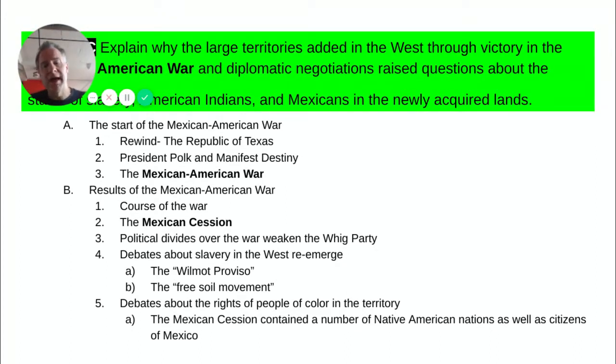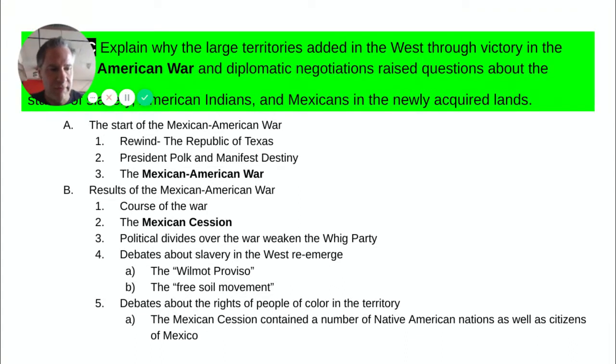The war also had political ramifications, especially for the Whig Party. We see a split emerge in the Whigs, where Northern Whigs who are opposed to Manifest Destiny and opposed to slavery largely opposed the war. And that included a young member of the House of Representatives named Abraham Lincoln, who was a vocal critic of President Polk and the war effort. They felt that the war was just the Democrats' excuse to acquire territory and to expand slavery, and there was no legitimate cause for it.